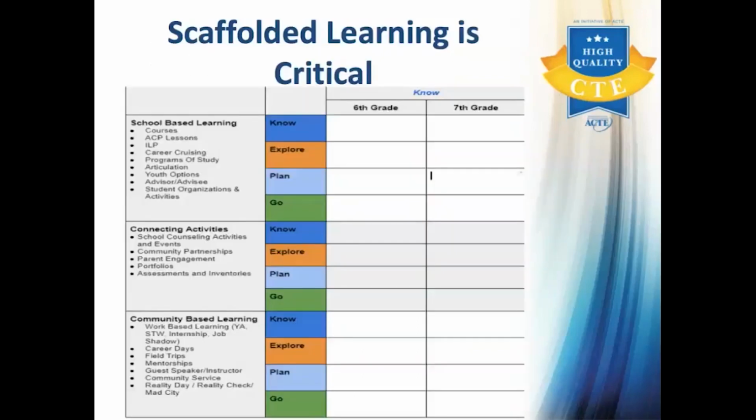This slide may be difficult to see and understand, but it's part of what you can use as a simple tool to actually catalog or map out what is already being done in your school with students and identify those learning gaps for career development that also consider age and maturity development. Simple tools for this curriculum development planning can help to ensure learning continuity and set expectations for both staff and